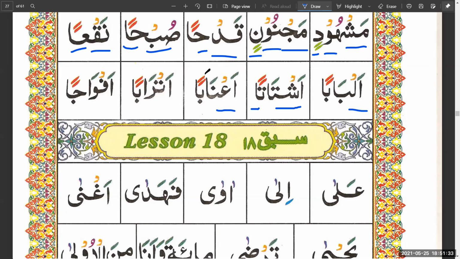And then we have noon, alif fatha na, and ba to fatha ban. A'naban, a'naban. Next one, alif fatha a, ta with a sukoon, ra alif fatha ra, and ba to fatha ban. Atraban, atraban. Or if we were ending on it,